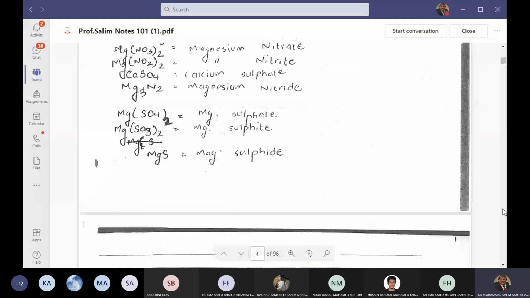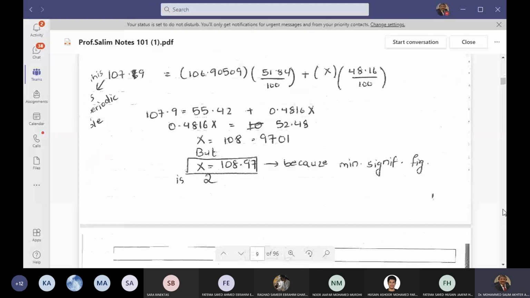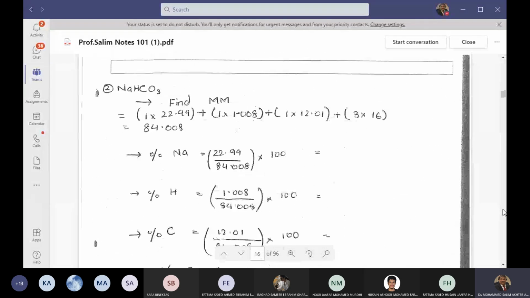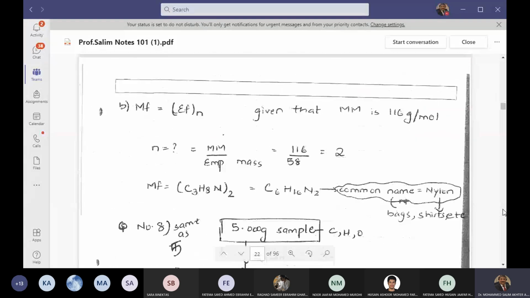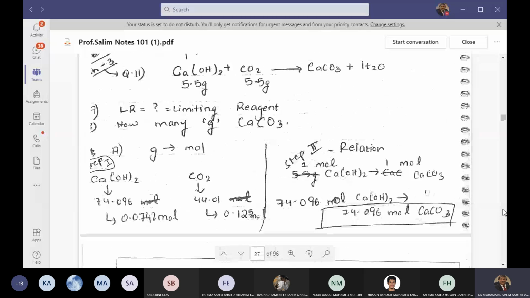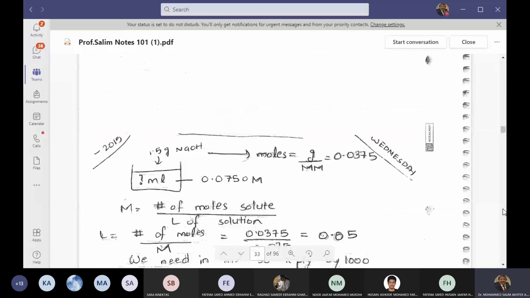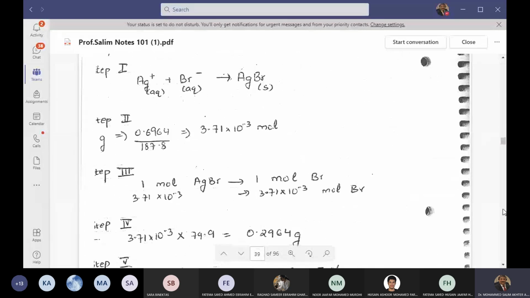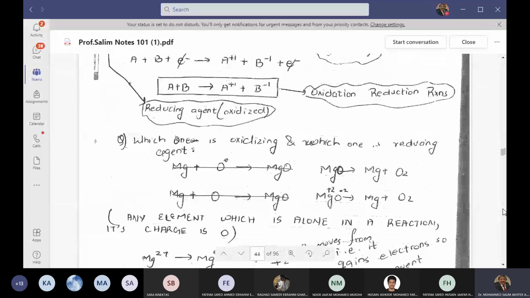C is equal to Kp, and we solved the question also, my friend. Then we talked about the colligative properties. Colligative properties are very important. Colligative properties depend on the number of particles, not the nature. We talked about four colligative properties. They are